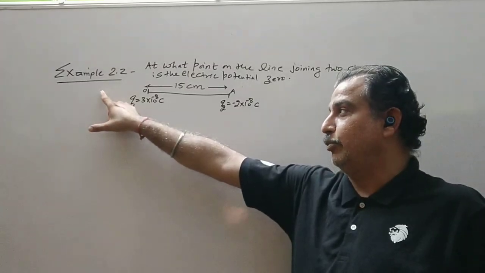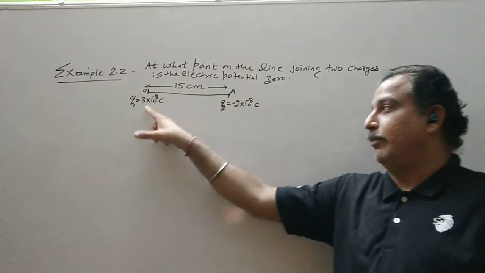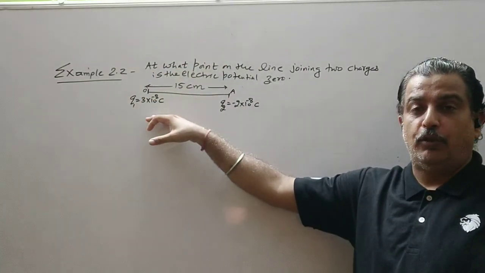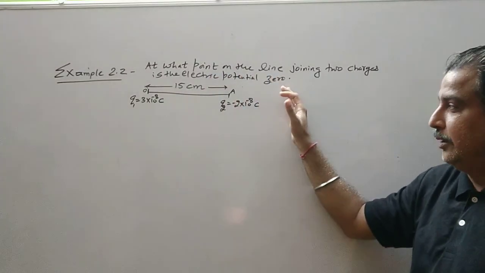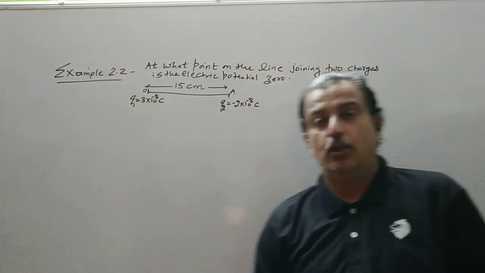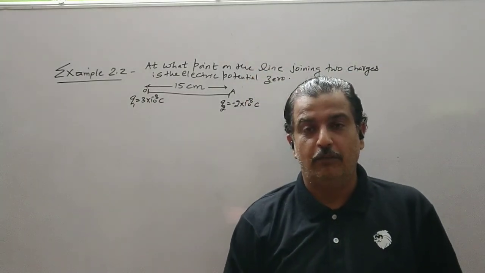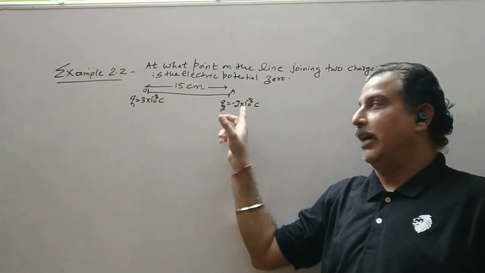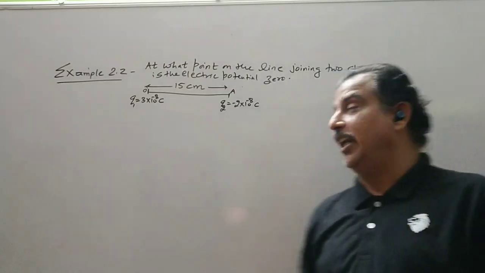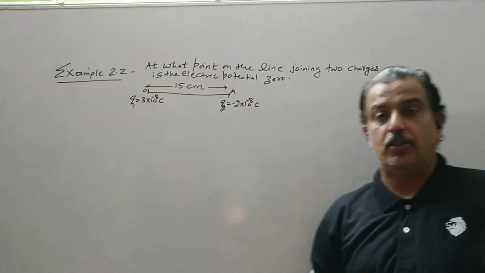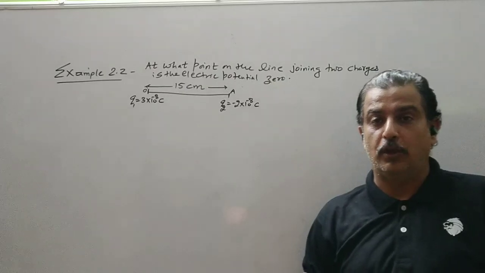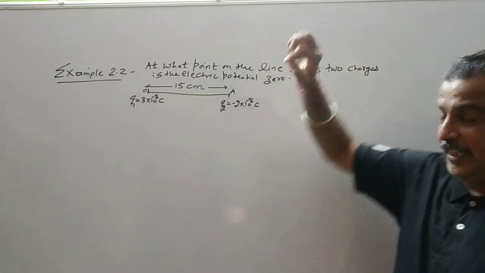Here also the fields are in opposite direction. But here the repulsive force is more. Here, to decrease that repulsive force, we have moved away from it. So we get an electric field intensity 0 near a charge whose magnitude is less. Always if two charges have opposite polarity, one is plus and one is minus, you will always get an electric field intensity 0 outside the charge having smaller magnitude. So this magnitude is 2 into 10 raised to minus 8 coulomb. So this is one point where the electric field is 0.